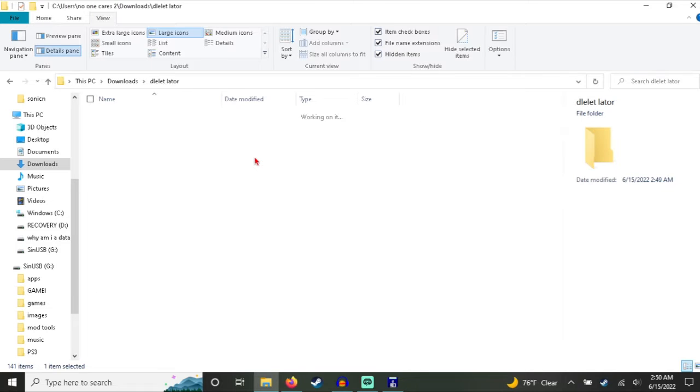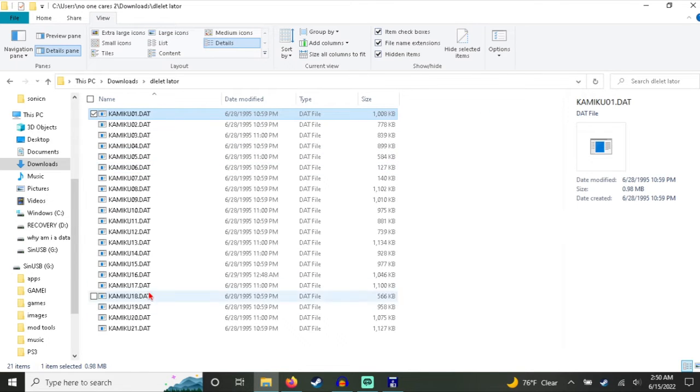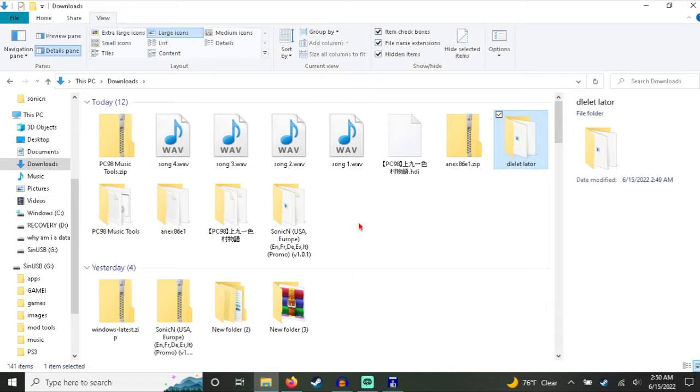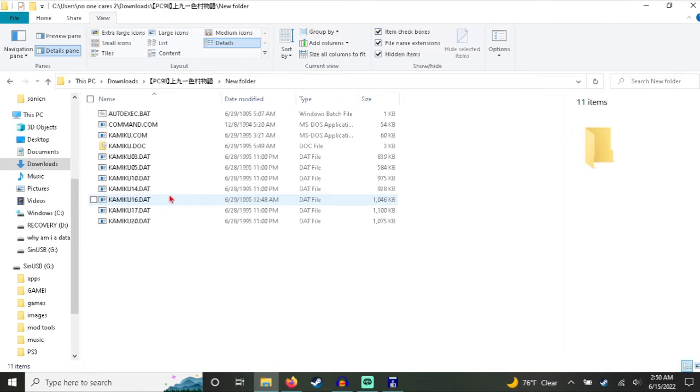Now, some of these are garbage data and others aren't. I took the time and opened up every single file. The problem with the garbage data is that some of them actually could be MIDI files, because this is not the complete soundtrack of the game. This is just the vocal songs, or the songs that happen to be streamed, not sequenced. Streamed being something like an MP3 file, while sequenced being something like a MIDI file. I have no clue how to get the MIDI files off of here. This is just for the streamed vocal songs.